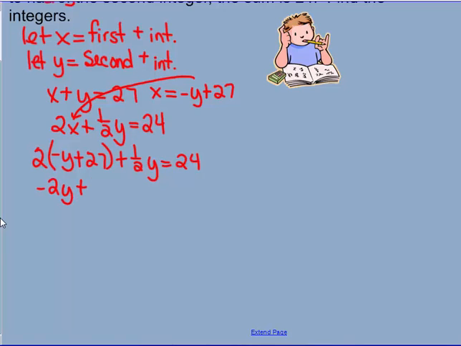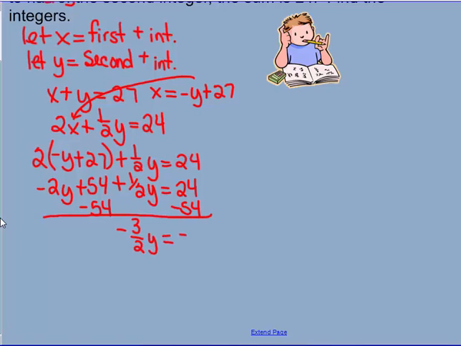Negative 2y plus 54 plus a half of that y has to equal 24. Subtracting 54 and combining my like terms, I'm going to get negative 3/2. Negative 2 plus a half is negative 3/2 y has to equal negative 30. Well, multiplying by the multiplicative inverse on both sides, multiplying by negative 2/3,